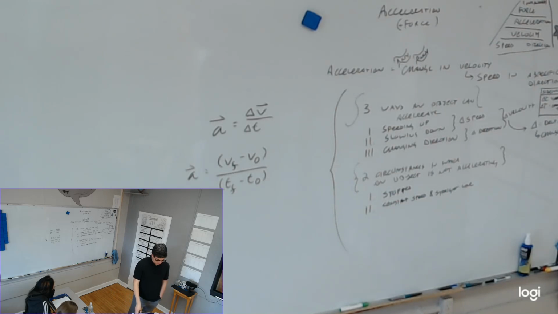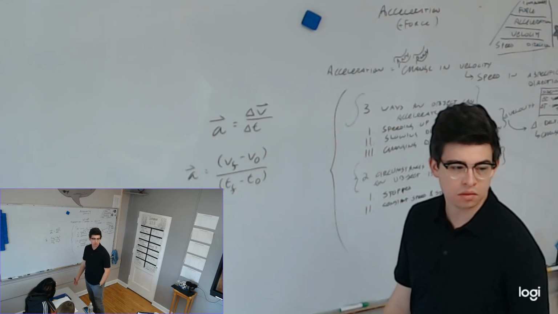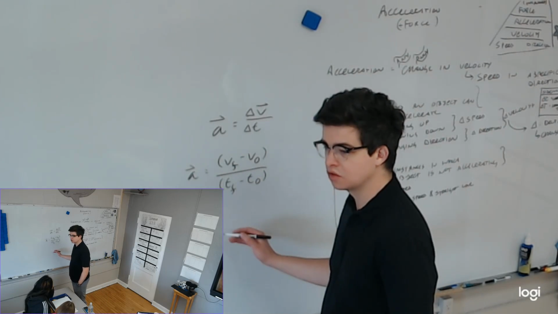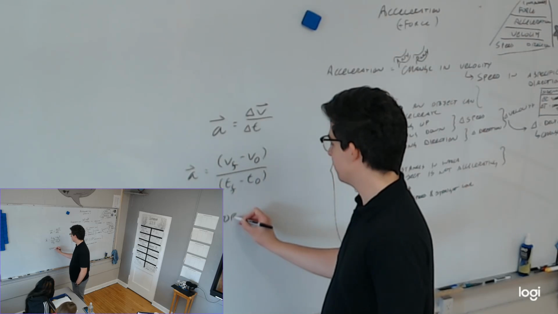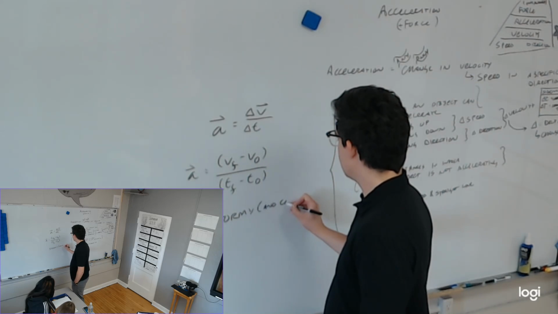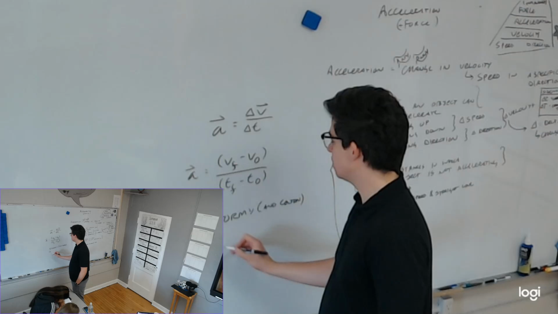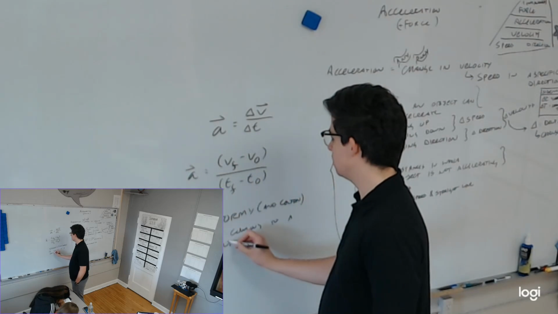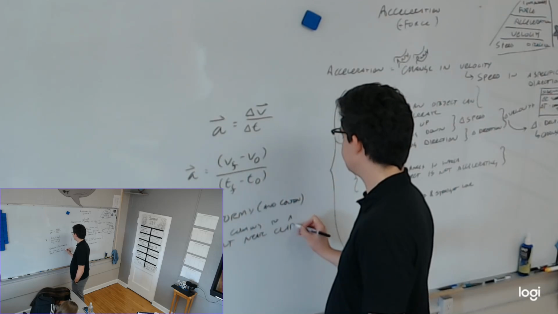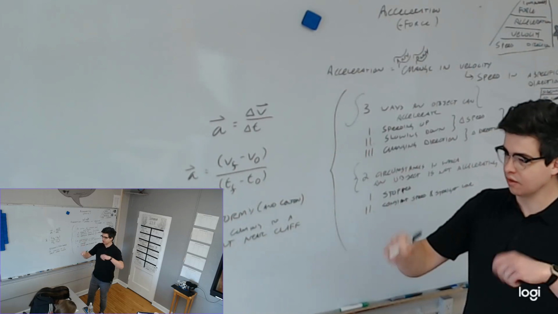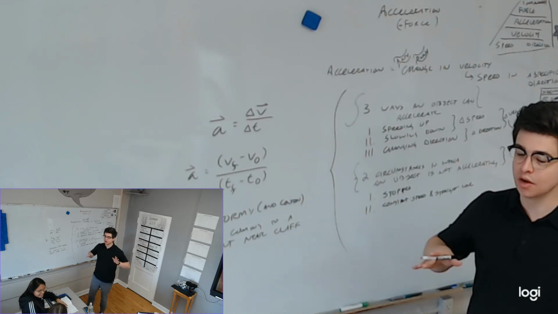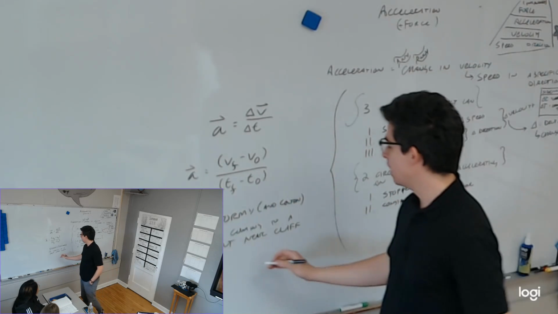So let's do an example of these real quick. Do you have a horse? What's your horse's name? Stormy? That's a good name for a horse. Stormy is coming to a halt near a cliff. You know how horses do. Colin's trying to ride the horse off the cliff because he's had a bad day at school or whatever. But the horse is like, I'm not having it, and puts on the brakes and comes to a halt.